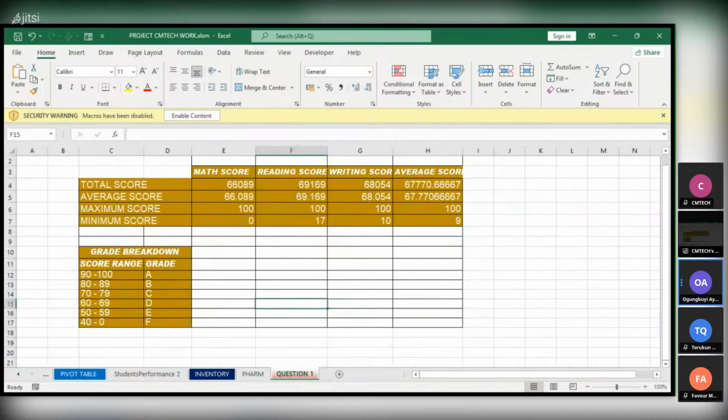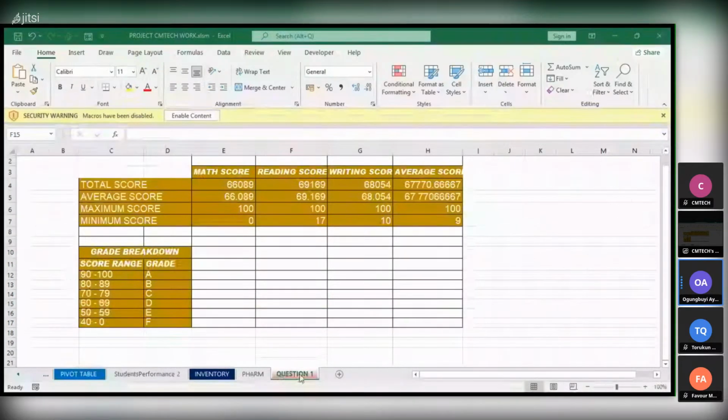So you can see I have it broken down there, where I have the total score for math score, reading score, writing score, average score, and the same thing with the average of each score. Then this average score is just giving us a glimpse of the whole data set. Now we have total score and we have average score, where they intersect,